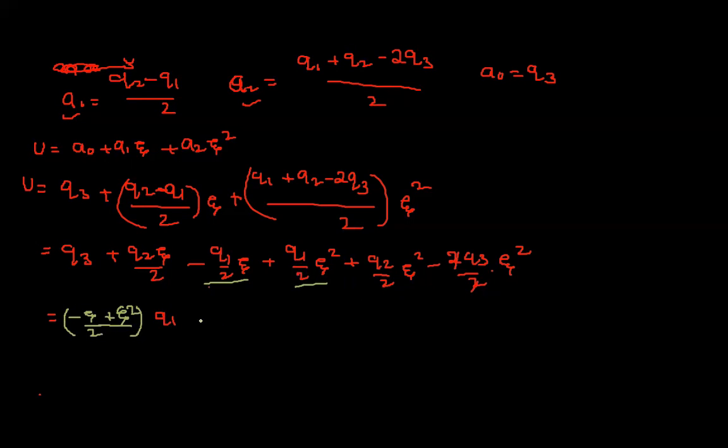Now I would like to write down the q2 terms separately. Where are the q2 terms? There is a q2 here, and here also q2 is present. Only in these two cases the q2 is present, and if you take q2 as common, the first term is zeta by 2 and the second term would be plus zeta square by 2.